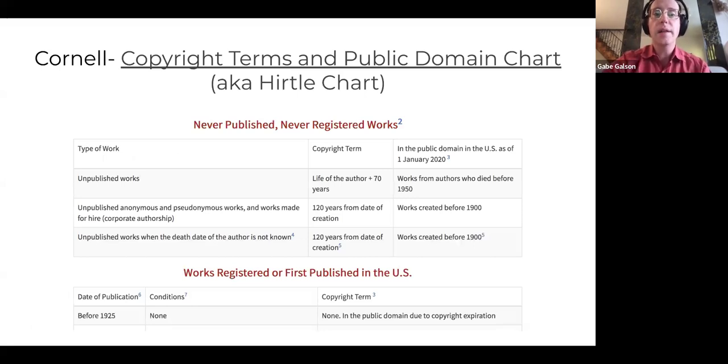Here are some widely used resources collected by the Rights Portal. We'll start with charts and visual tools. While all of these resources are similar in their format, they differ in their scope and in which implementation step they cover. First, we have the HURDLS chart, a comprehensive and authoritative guide to copyright status determination, updated yearly.